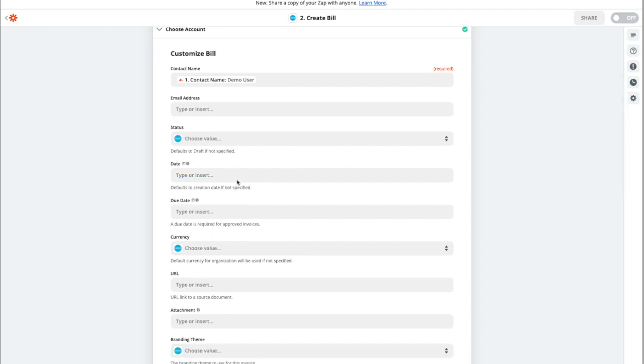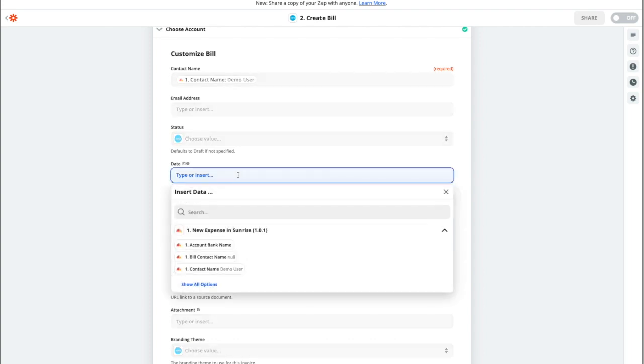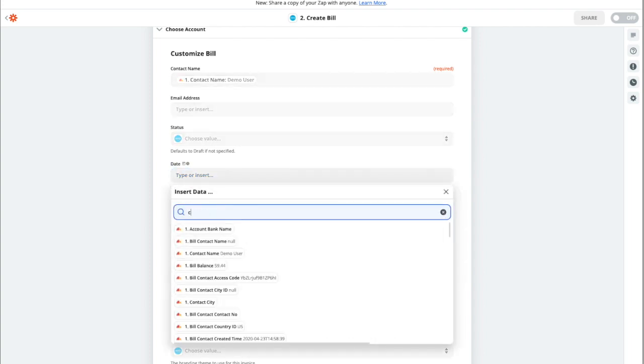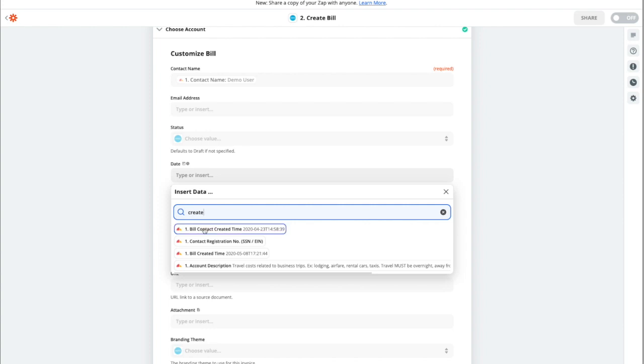Defaults to creation date if not specified. So we need a date for our bill, and we're just going to type created. There we go. So there's a bill contact created time and a bill created time. I think we want the bill created time for our